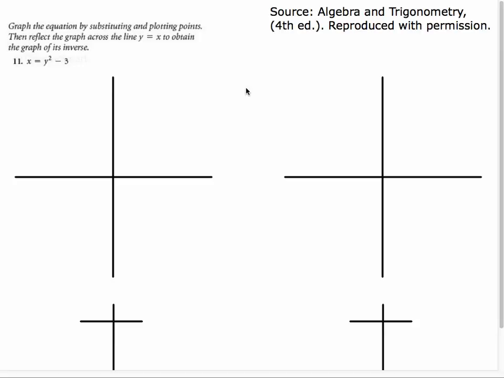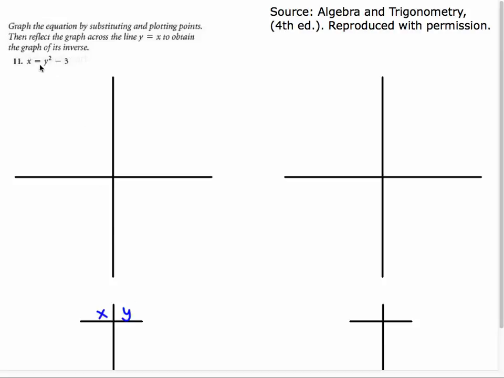Here's a couple questions from the exponent log section that we can try. First question talks about graphing and graphing inverse functions. So the first one they say is graph it and then graph the inverse. So if I have x equals y squared minus 3, I'm just going to do a quick table of values